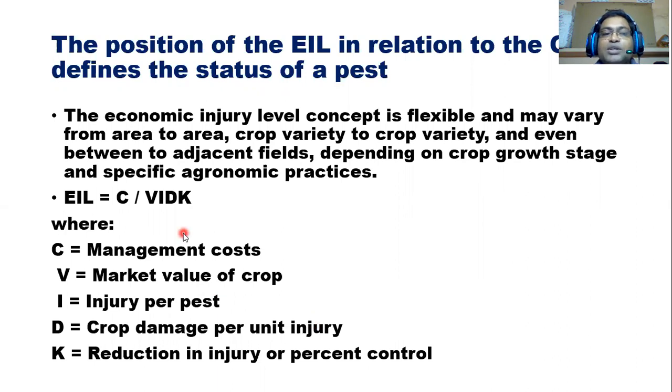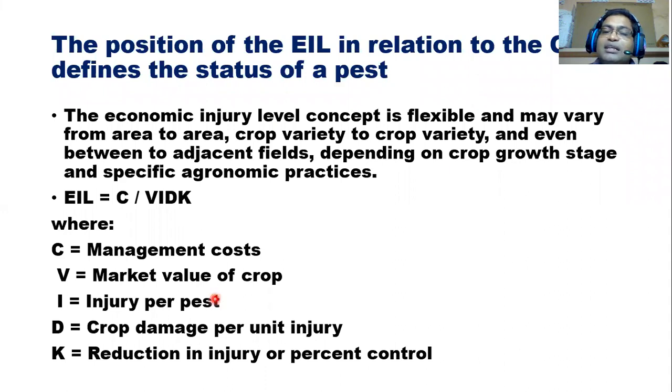According to that, you can decide the economic injury level. Okay, this population up to that level, you can allow. For example, some insects are very voracious feeders. If you take caterpillars like the fall armyworm, it can eat whatever maize leaves and whorls there are. The market value of the whorl, if you are cultivating for export purposes, may be high. But injury per larva: one larva can eat one crop per day. It means it is causing heavy damage.